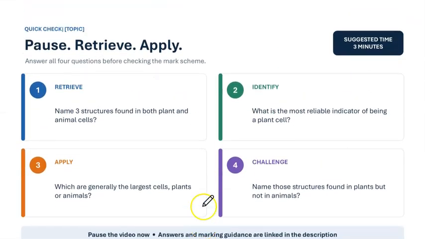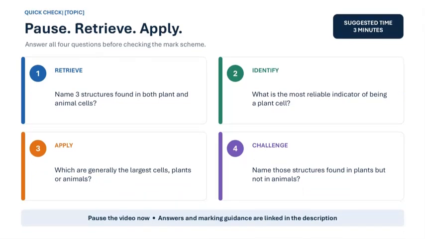we've got some quick questions here. I'd suggest taking about 3 minutes to complete these questions. You can then look up the answers in the description to check out your progress, and then we'll take you through to